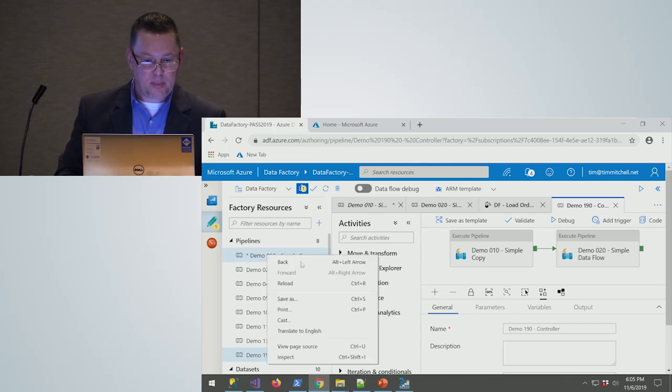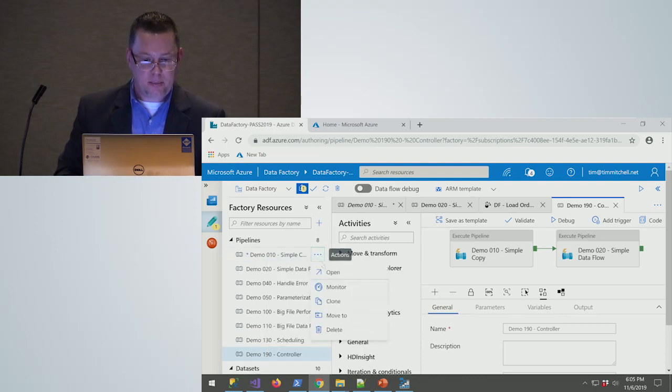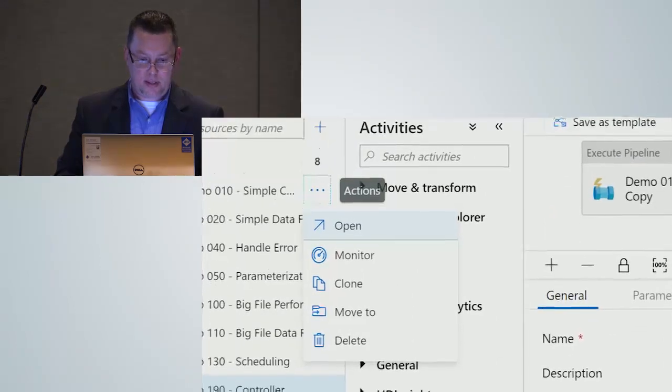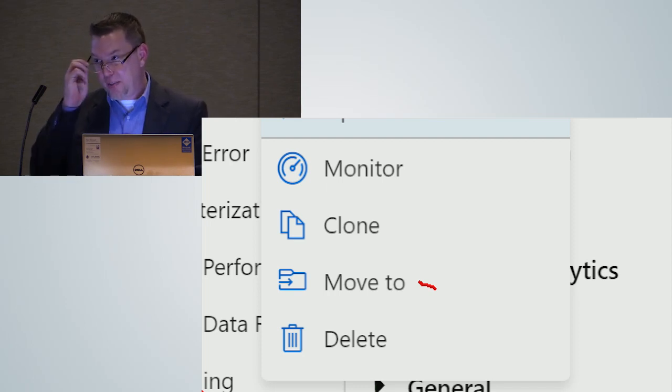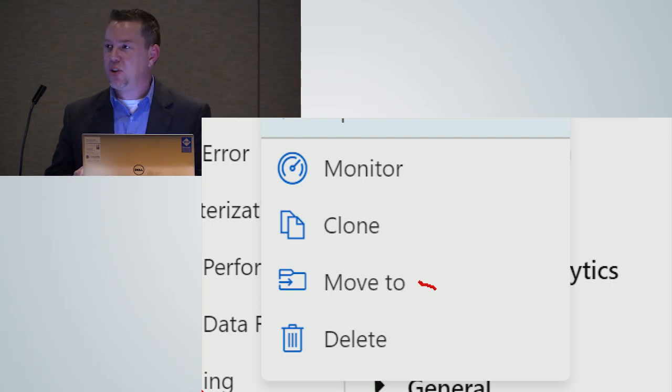Not a right-click. Yep, it's got a move to operation. So absolutely, you could do folders as well. And that's something you don't have in Integration Services right now. You can create individual projects, but within that project, you can't create folders. So this is added behavior in ADF that didn't exist in SSIS.